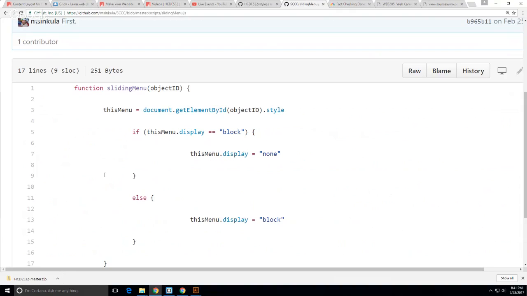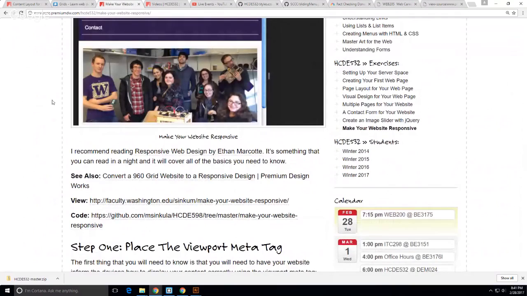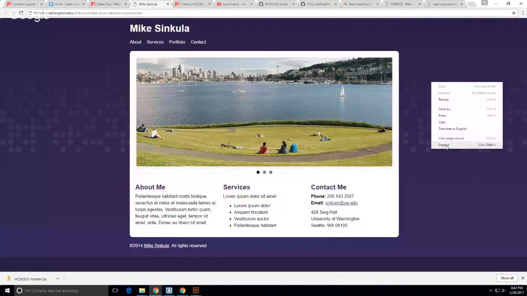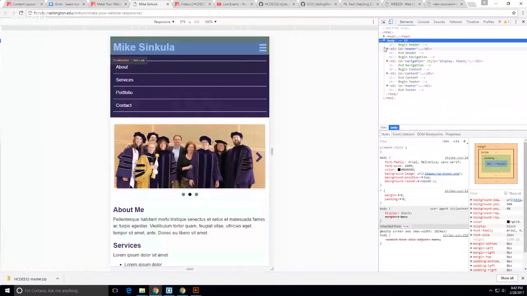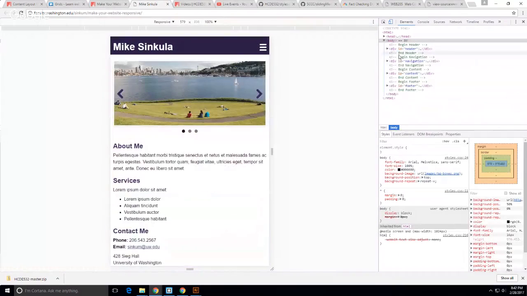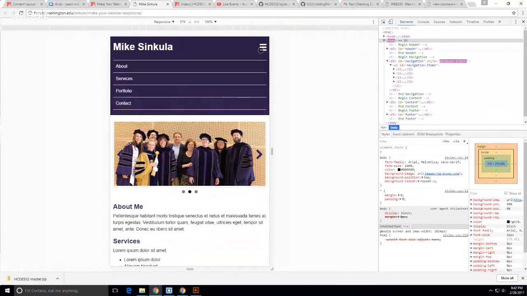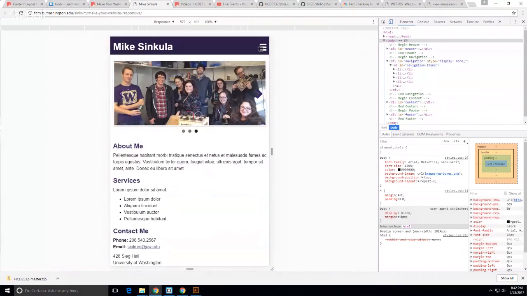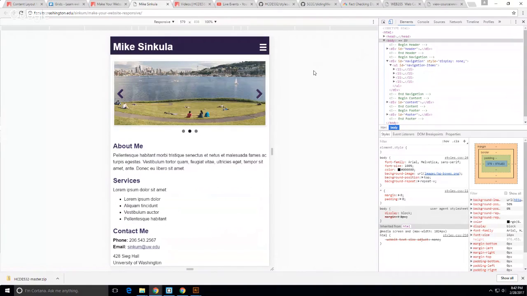So in terms of jQuery, how many of you have used jQuery? Okay. If we then go to here, and do I have where I have it open? It's open again, right? Inspect. So, navigation items, right? See which one it is. Navigation. If it's block, or if it's none, click display block. If it's display block, click display none, right? So if we look at the code for this then,